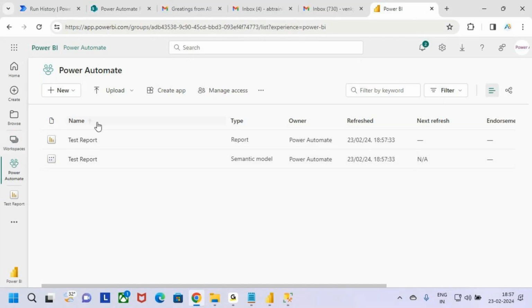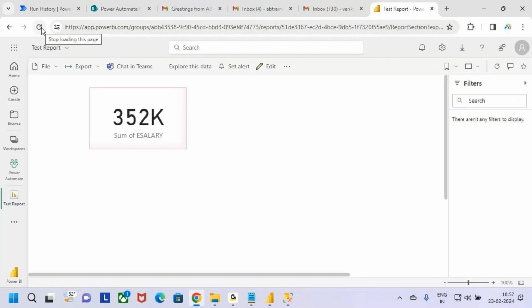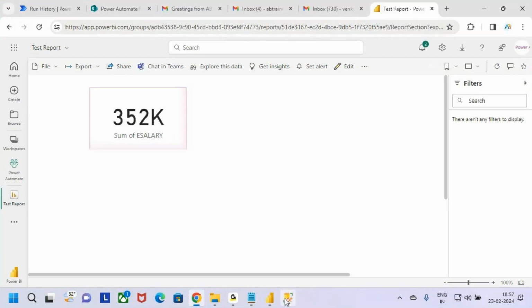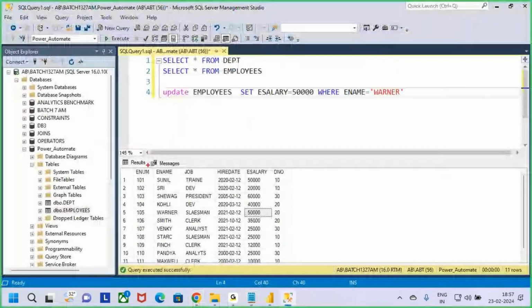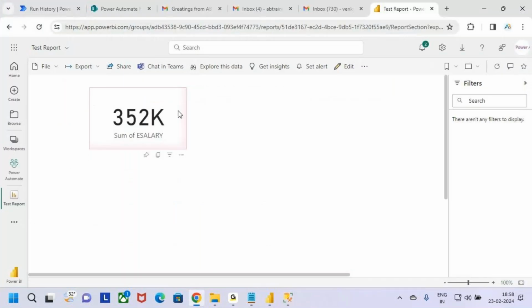It is done. Now go and open the report. Click on refresh. Yes. Now the total sum of salaries is changed. Previously 3,27,000. Now it is updated to what? 3,52,000. So whatever changes you are doing in your data source, whatever changes you are doing in this table, automatically those changes